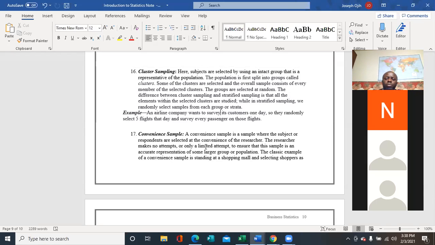Then the ex-president Trump, his poll numbers were so bad, but yet he won the election. So even though the polls were showing that Clinton would win, most of the poll numbers are collected at the convenience of the researcher. So that's why election polls are not really that reliable.